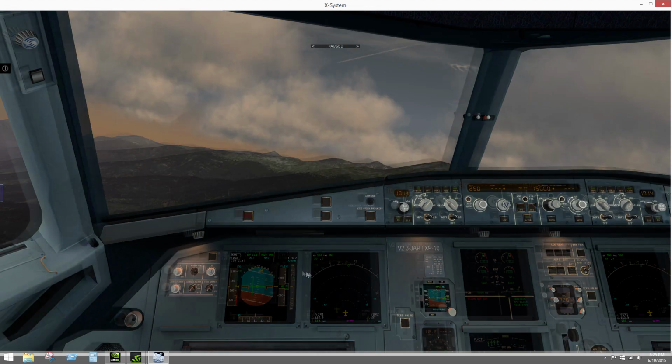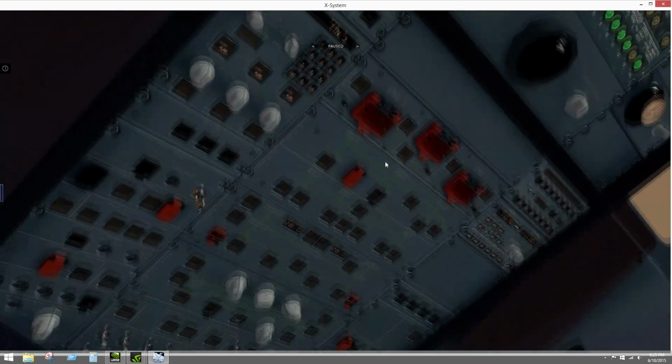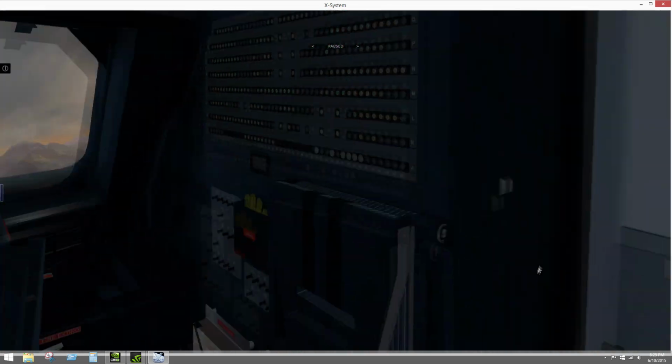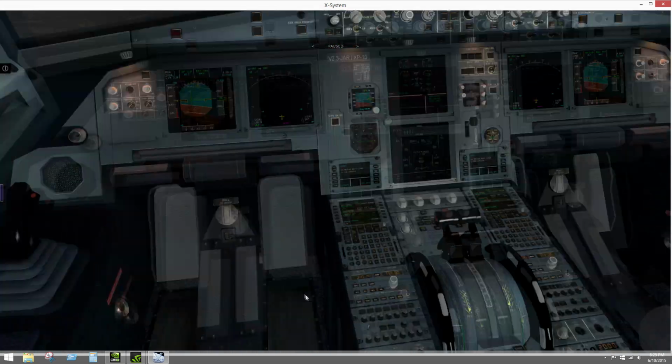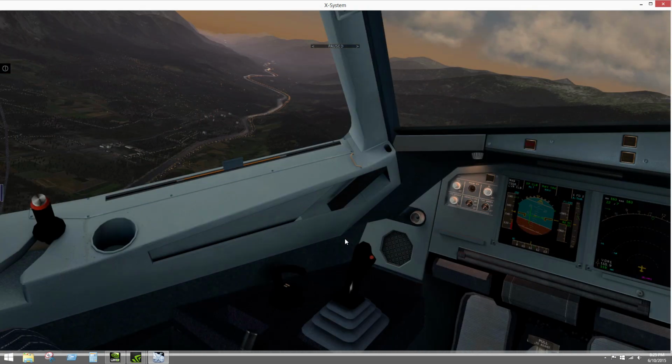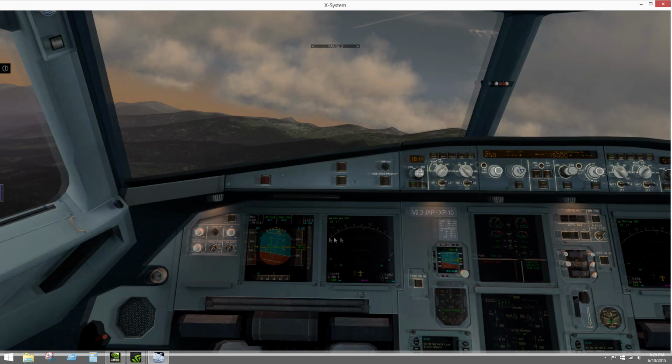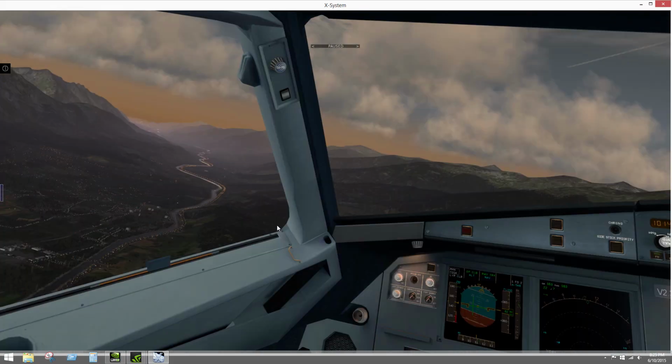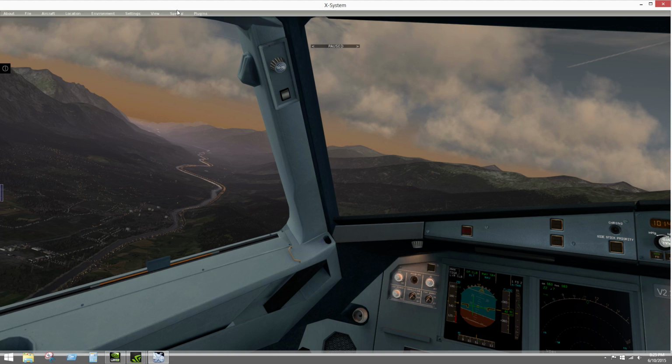Even the interiors, if you look inside the cockpit, everything looks good. You've got a good image of everything. Your textures are loaded nicely, so you've got a good experience there, good frames. Let's go ahead and